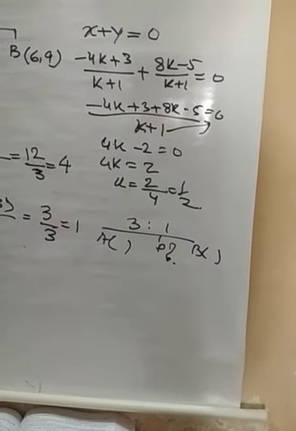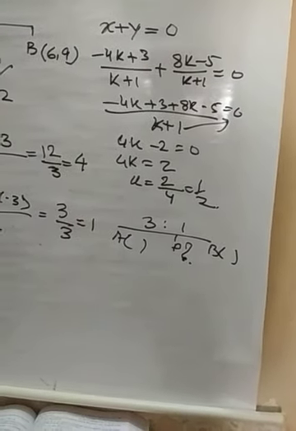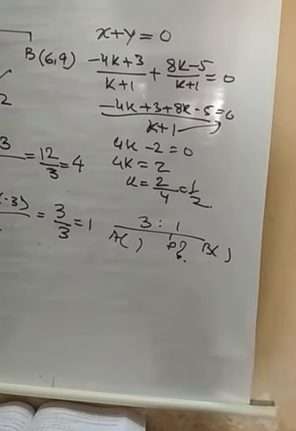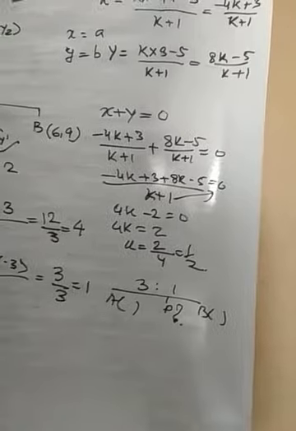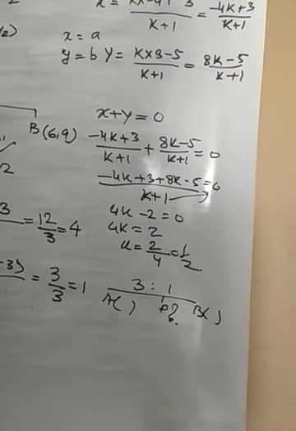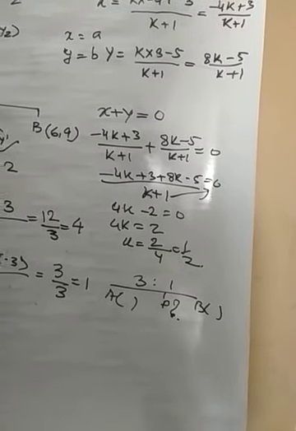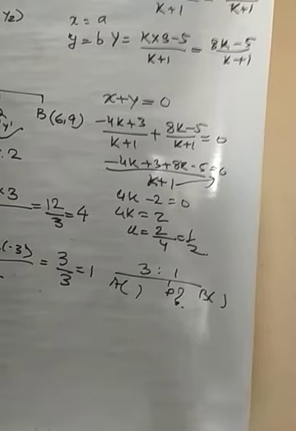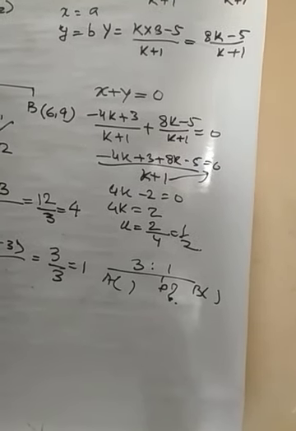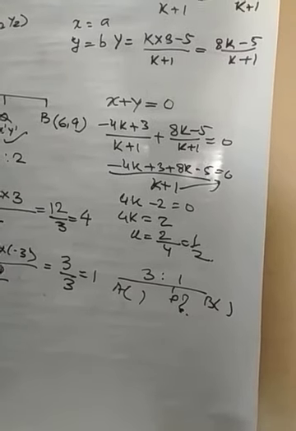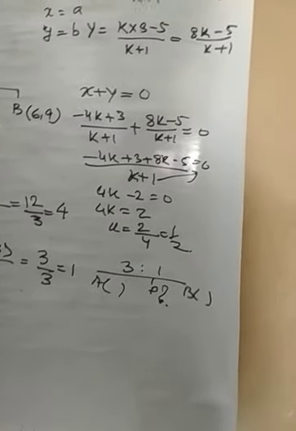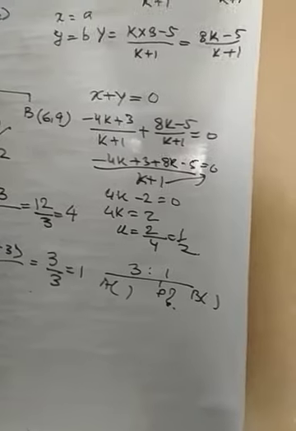Now, question number 7. P (3, minus 5) is reflected to P dash in the x-axis. P on reflection in the y-axis is mapped as P dash dash. So first we have to find the coordinates of P dash. So P dash in the x-axis means 3, 5. P dash dash in the y-axis means minus 3, minus 5.